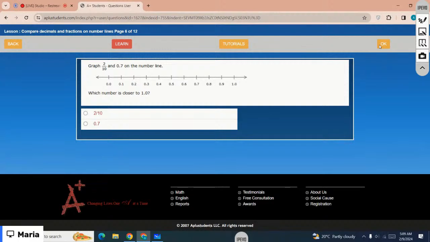Yes, the correct option is which is closer to 1. Yes, 0.7 is closer to 1. The correct option is 0.7, right? Okay, you can complete the lesson